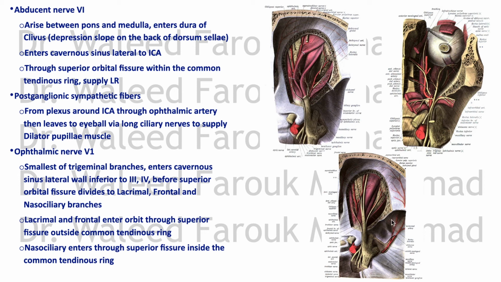Now, which nerves are inside the cone and which nerve is outside the cone? The lacrimal and frontal are outside the common tendinous ring, while the nasociliary went inside in the cone of muscles. See, this is the nasociliary nerve. Okay, now the nasociliary nerve will have to go to the medial side, so it crosses